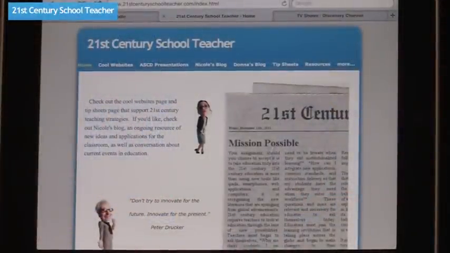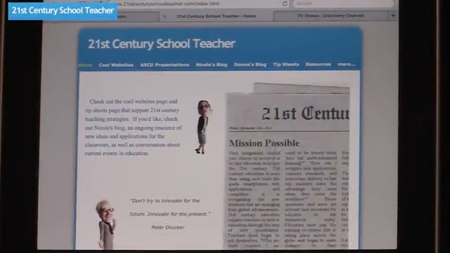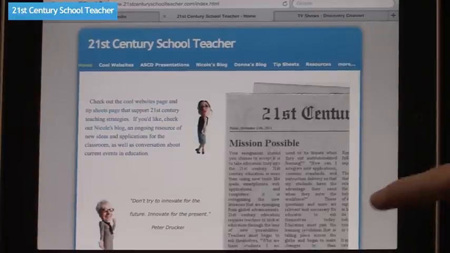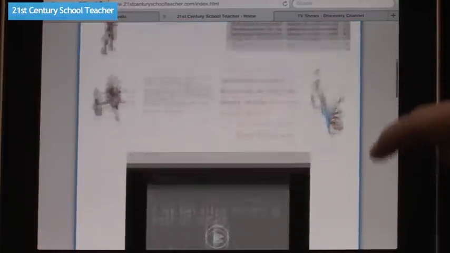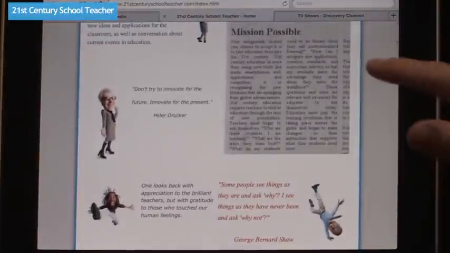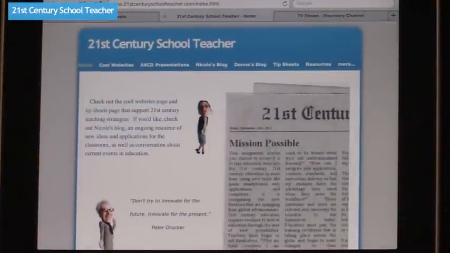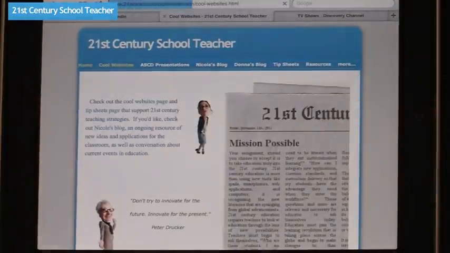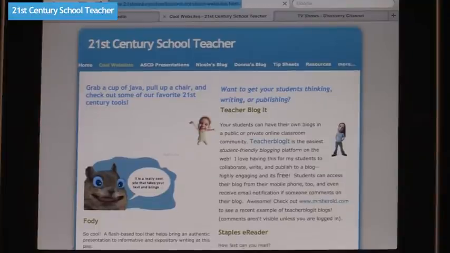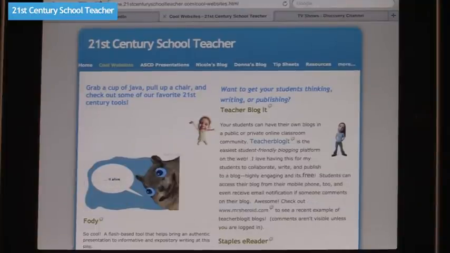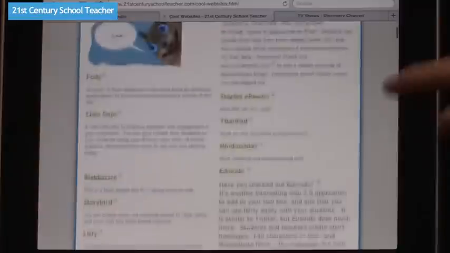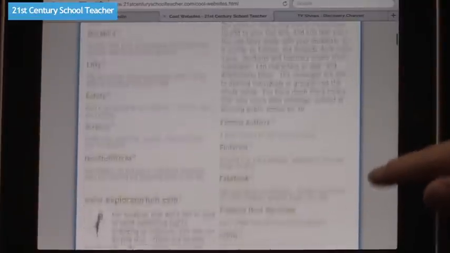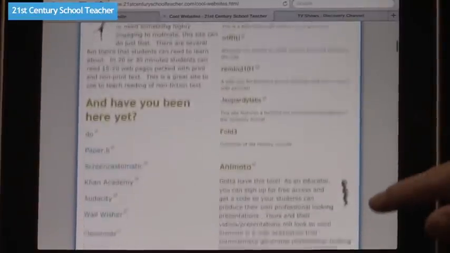Okay. So let's take a look. So the first thing that I've pulled up here is called 21st Century School Teacher. And I'm not going to go too in-depth with this, but I am going to show you a few things that this site offers. You can see that on the homepage. It kind of tells you what it's about, what you can find here. Something that I want to point out to you is the tab called Cool Websites. This is the one that I really think is valuable for teachers because it separates all of the curriculum by